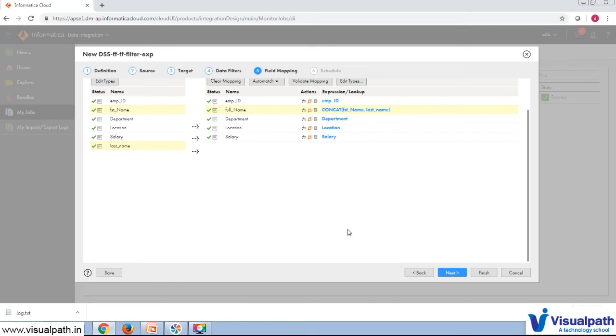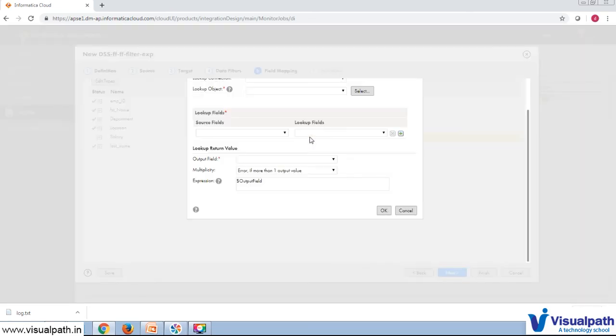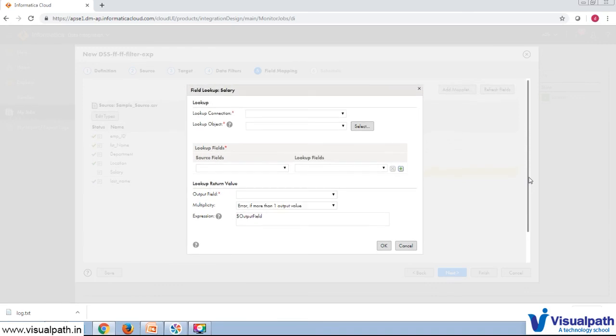And if you want to perform any lookup on any other object and get the data, you can use the lookup option here and get the object, but you cannot perform the lookup because you have already mapped one expression. So if you want to perform some lookup, first remove that expression and then click on lookup, so that here it will show what is the lookup connection, what is the lookup object, what is the source field, what is the lookup field, and what is the output field you are expecting from this one.